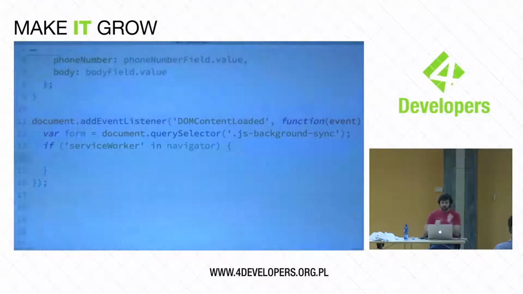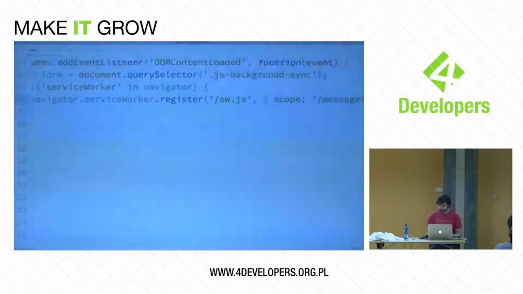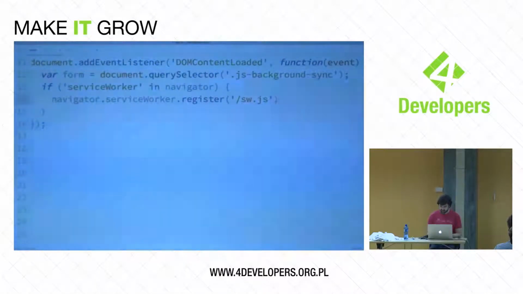So when the page is loaded, I'm going to make our service worker. I'm going to install our service worker. So I've done a quick check already to make sure it exists. But now I'm going to actually install it. And we do so by calling the register method on service worker on navigator. And our file is called sw.js. We could give it a scope at this point, which would scope it to a part of the application based on the path that you put in there. But we don't need to do that right now. It's not important for this.